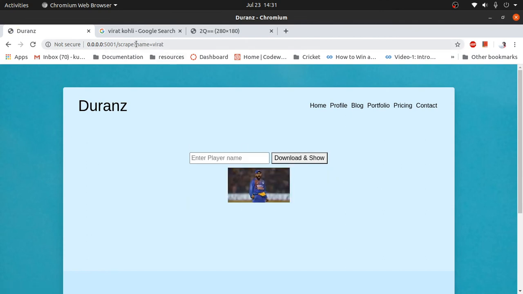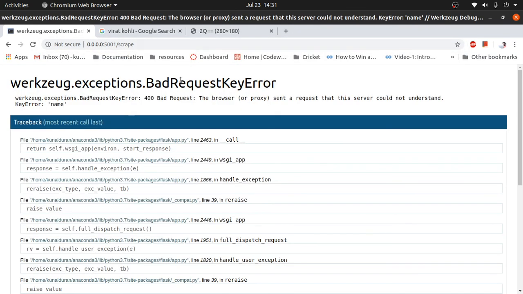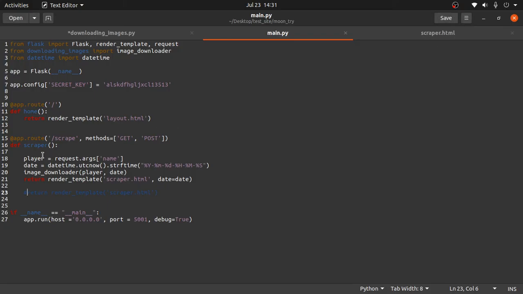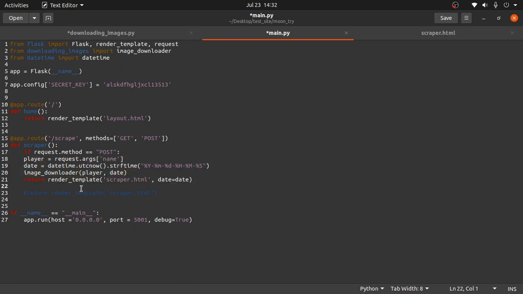This is working fine, but if I remove this, it is showing me this. I also tried the method: if request.method double equals to post, then do this, but that is also not working. I don't know why. My mind is not working on that.